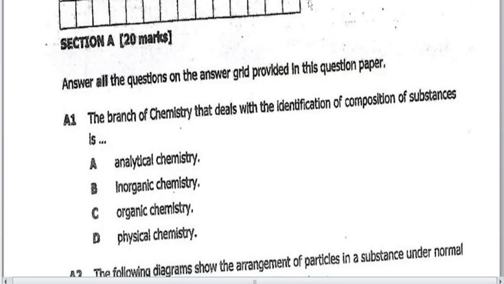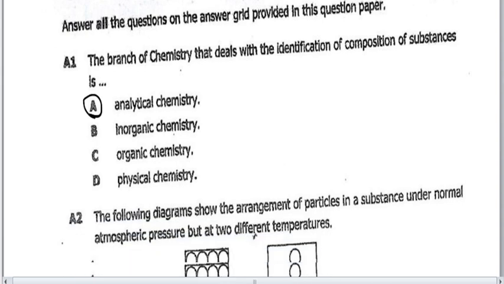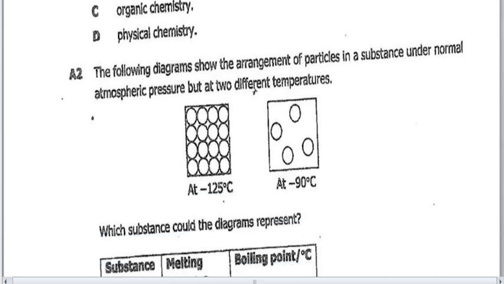First question, the branch of chemistry that deals with the identification of composition of substances is, now this branch of chemistry is called analytical chemistry. That is the answer. Second question, the following diagrams show the arrangement of particles in a substance under normal atmospheric